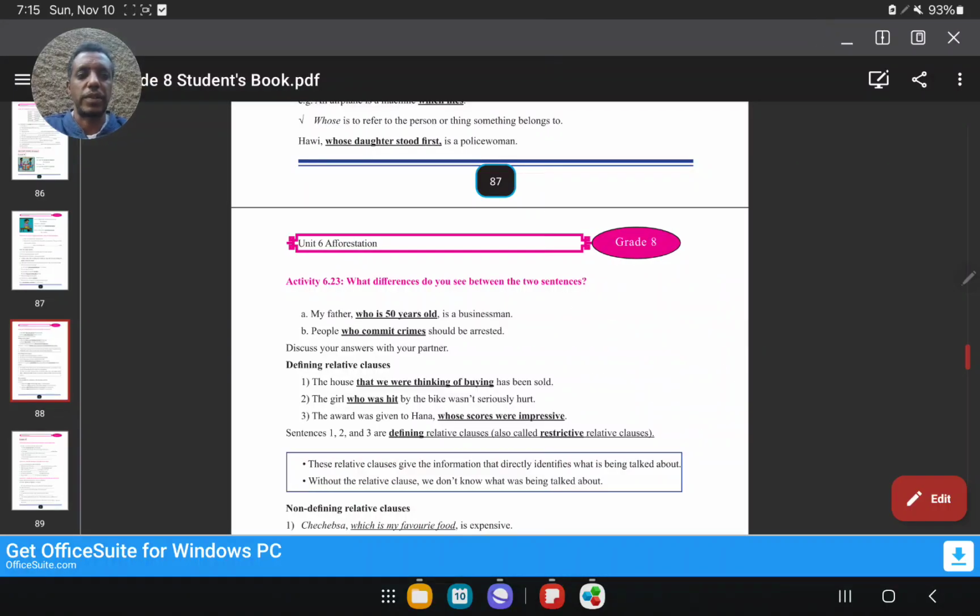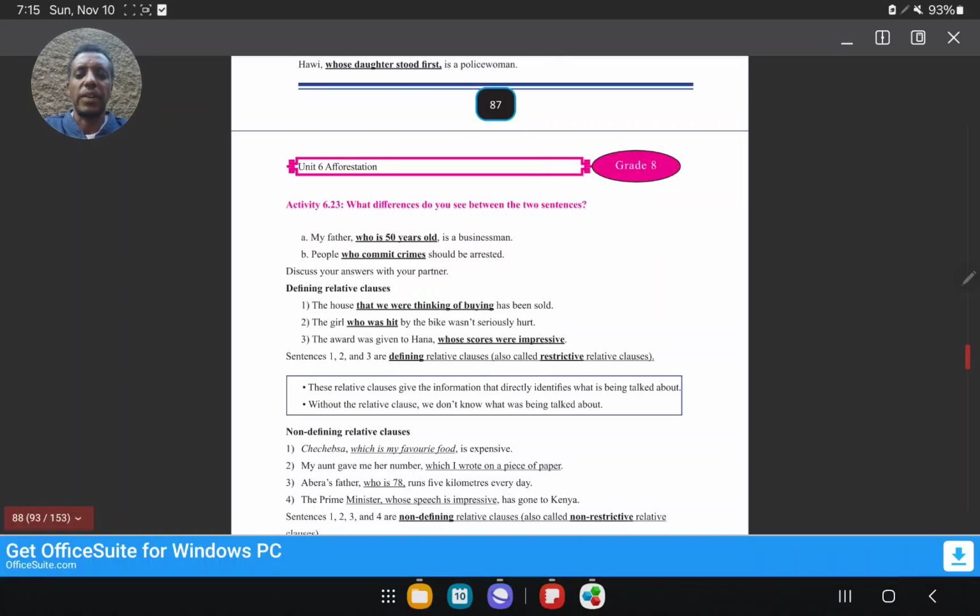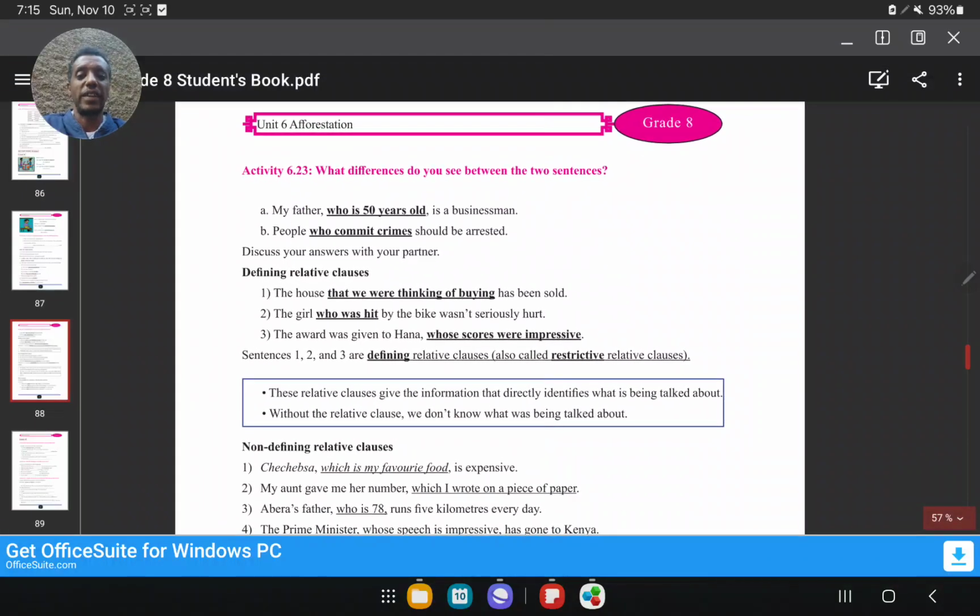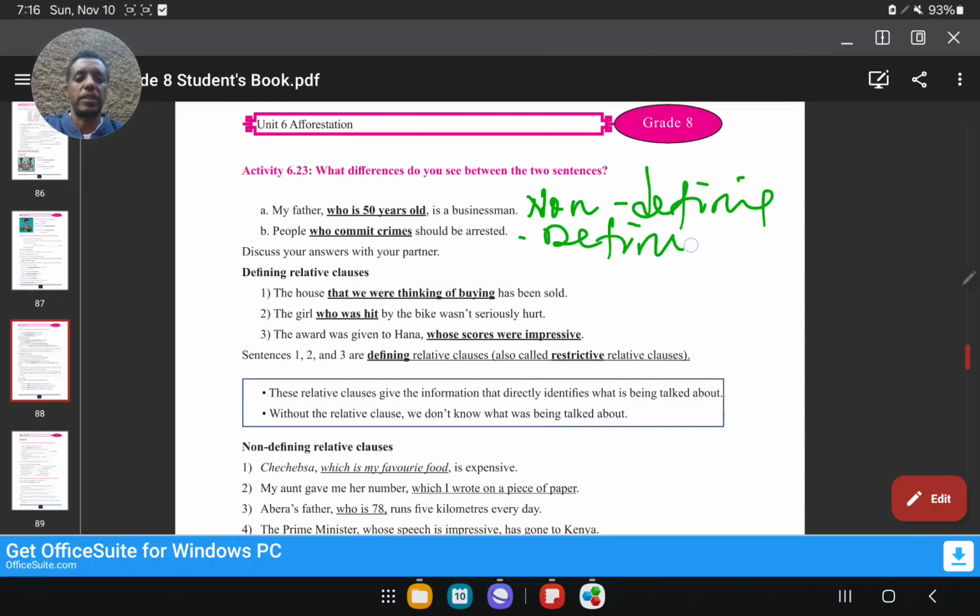Let me show you here, students. My father is a businessman. ብላችሁ in fact to tell you easily, defining has no comma, non-defining is separated with comma. ስለዚህ በቀላሉ ይሄኛው ምንድነው ማለት ነው? ምን ማለት ትችላላችሁ? Here is non-defining ነው ማለት ነው ይሄኛው ደግሞ defining ነው ማለት ነው። ስለዚህ defining እና non-defining የምንለው እነዚህን በማየት ነው። ኦኬ የሪላቲቭ ክሎዙን በማየት ነው። So my father who is 50 years old is a businessman.